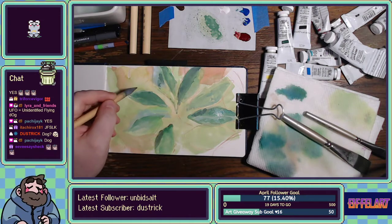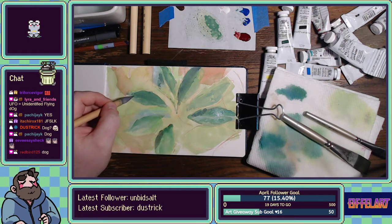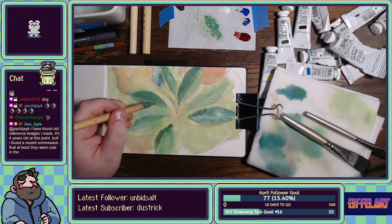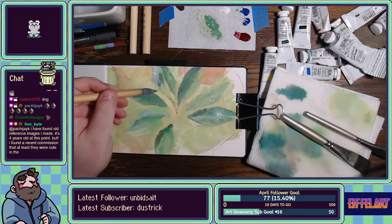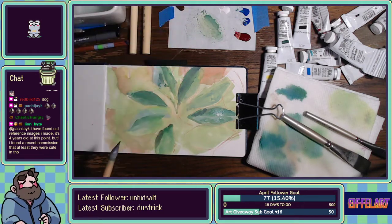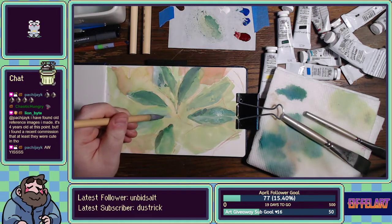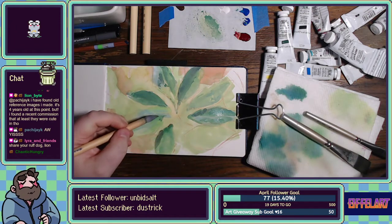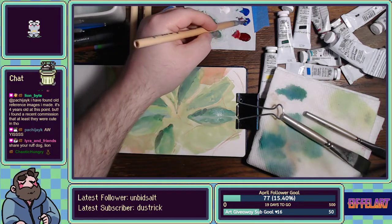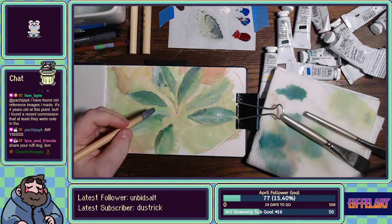I'll be trying to slowly just build up the layers as I work toward darker and darker values. Just trying to get that texture on the leaf. And I'm dipping into colors that don't technically appear on the leaf, but that have similar value, because I don't want everything just to be the same